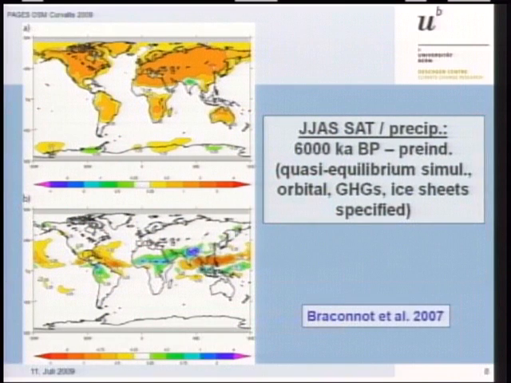If we are switching to a precip result, this precip result is not showing 9,000 years, it's just 6,000 years minus pre-industrial. And again, we're having the warm conditions in the northern continental areas and cooler conditions in these areas. And if you're looking at precipitation, you can see that there was a stronger precipitation at this time in the monsoon areas, say here in Africa, Asia, and even South America.